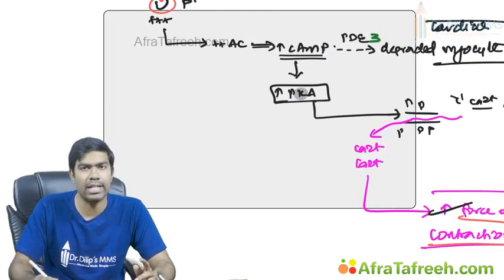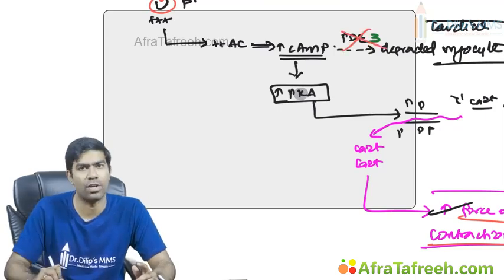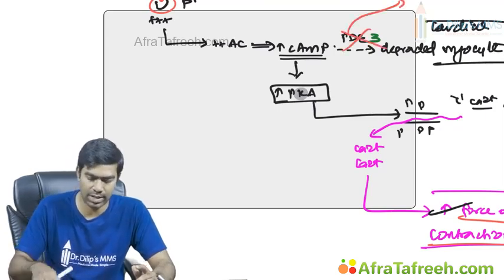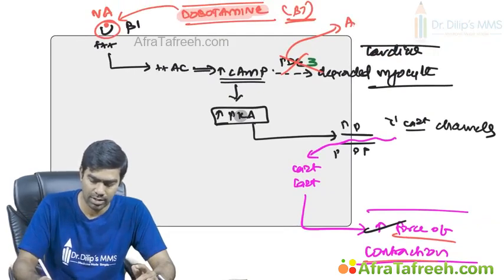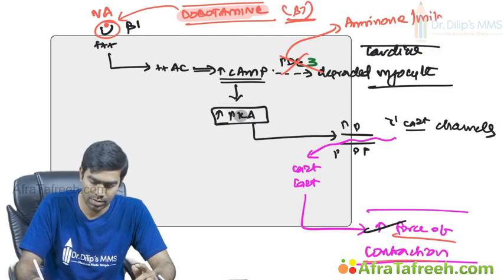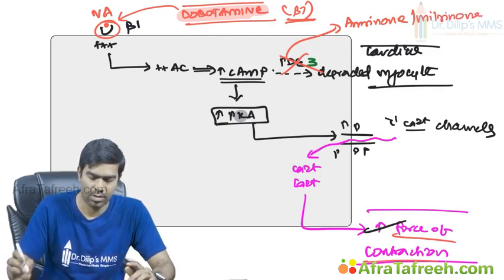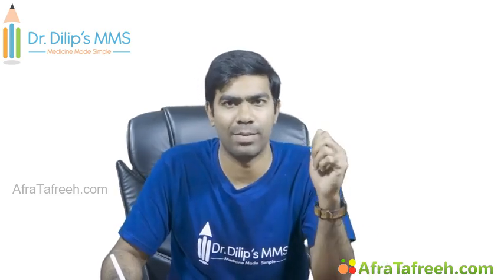Similarly, you can increase the levels of cyclic AMP by blocking the phosphodiesterase enzymes. Phosphodiesterase 3 inhibitors are classically amrinone and milrinone, which can be typically used as inotropic agents. Obviously, it's one of the heart failure medications, isn't it? So, very good example. Similarly, many other phosphodiesterase inhibitors like sildenafil, tadalafil, they are phosphodiesterase 5 inhibitors, predominantly in the vessels.